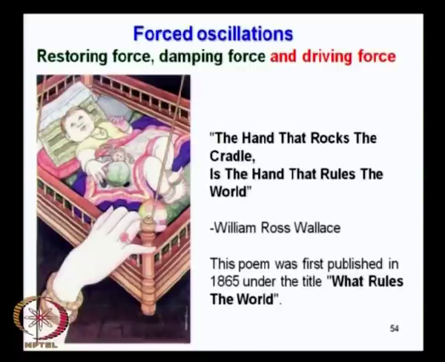And this is a classic picture, coming right after Mother's Day. I think it is a wonderful picture to look at, with Yashoda rocking the cradle of Krishna, and it is a tribute to the mothers that the hand that rocks the cradle is the hand that rules the world. This is a wonderful poem that some of you may have read, written by William Ross Wallace. Now,